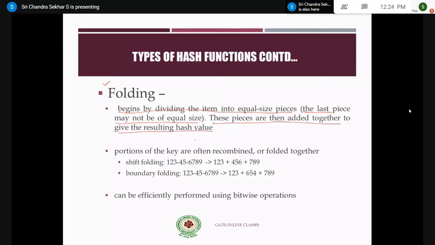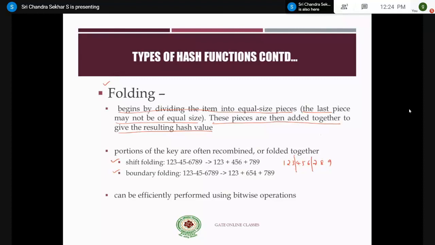Very simple thing, right? For example, we have two concepts called shift folding and boundary folding. In this concept, we have an example of 1, 2, 3, 4, 5, 6, 7, 8, 9. Let us divide this into parts which consist of 3 integers each, right? 123, 456 and 789.